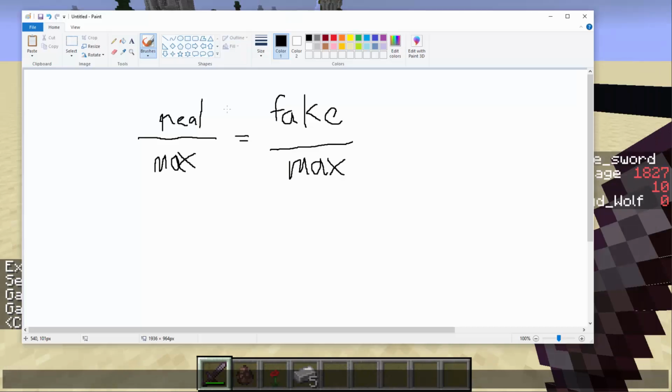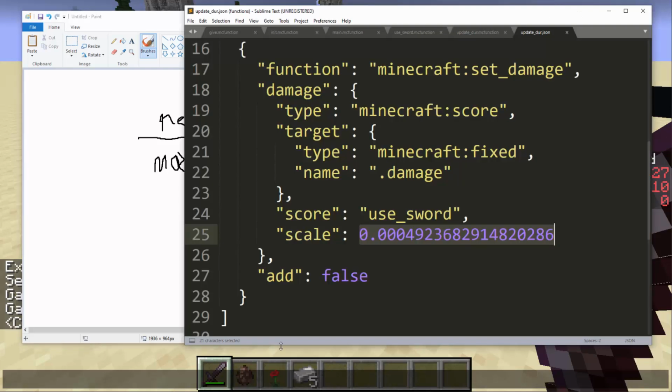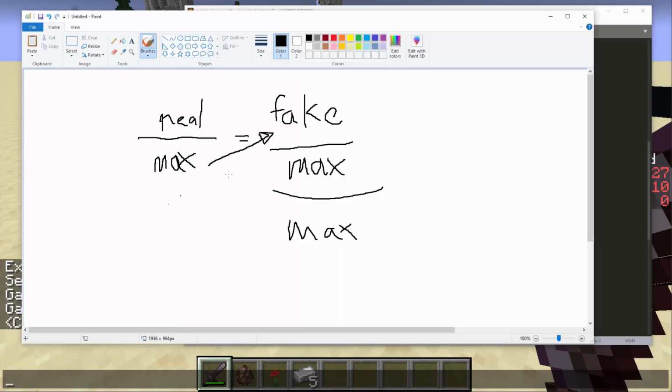So the equation is the real damage that we need to set on the weapon divided by the max that weapon can incur is equal to the fake divided by the fake's max. Rearranging that to figure out what the real is, we just need to do that, and then finally divide it by the real max, because this thing wants a fractional form. Doing this formula up here will get me the real damage, and I'm sorry that my drawing skills with a mouse are bad. This will give me the real damage number,